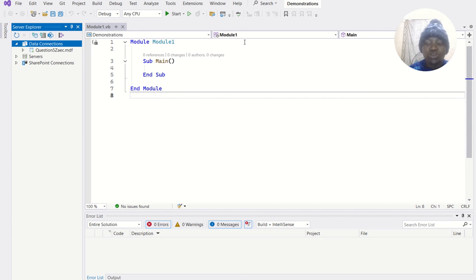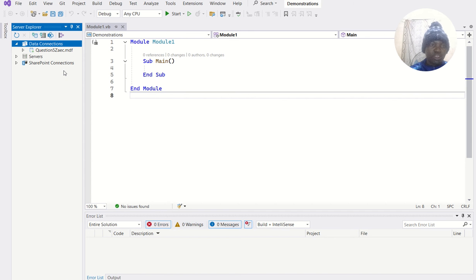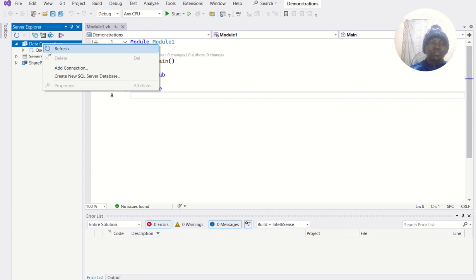When you install your Visual Studio, if you install all the packages, all the components of Visual Studio, you will also include the local DB. It will be part of the installed components. So for us to access it, we normally go to the view, we select the Server Explorer, like this. Then after selecting the Server Explorer, we go to the data connections, we right click, or we have got two ways of doing it. We can right click the data connections and add connection,